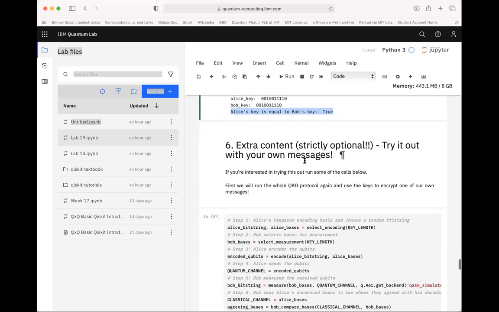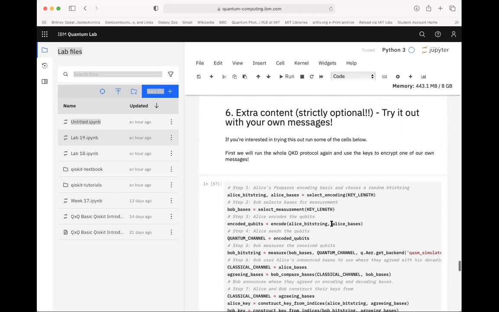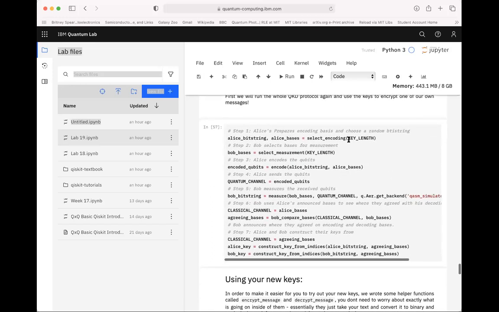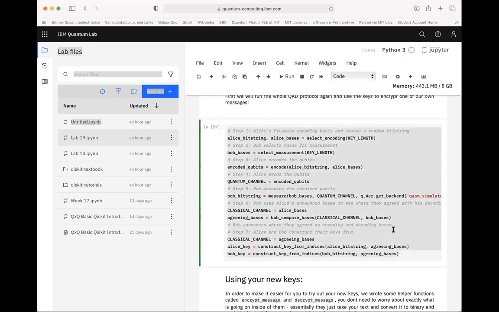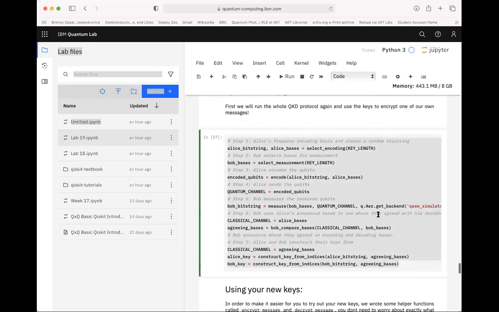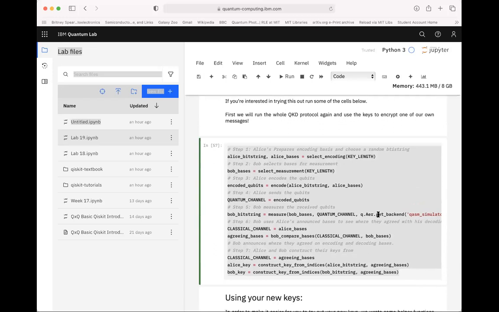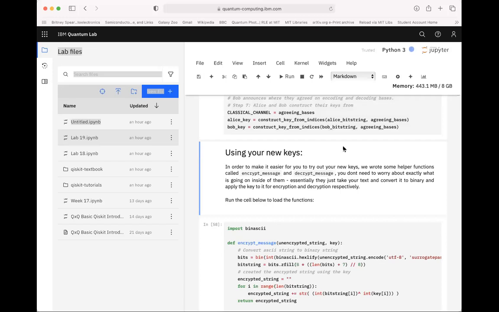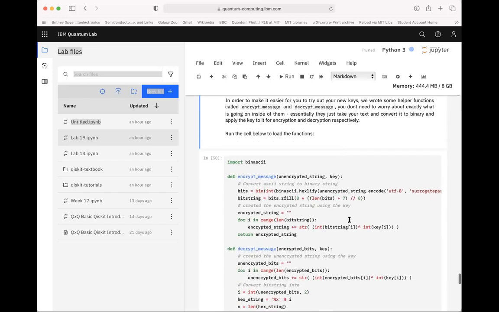So there is some extra content where you can send your own messages. This is just the same kind of protocol, in one single block, and you can vary what bit string you'd like to encode. So that's pretty fun. So we've distributed our key, and now we can put in a bit string that we've created. In this case, we're still just doing a random encoding, but we could swap out the bit string. And so now once we've used these new keys, let me run that,